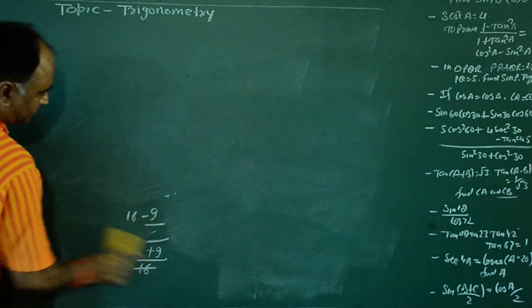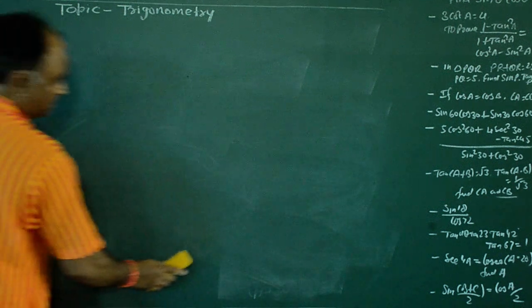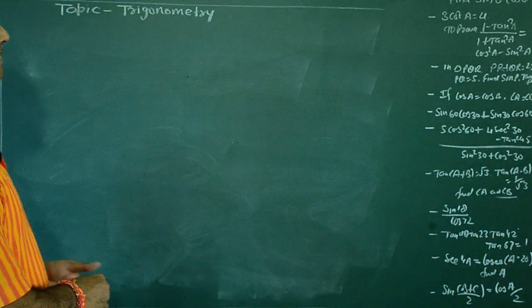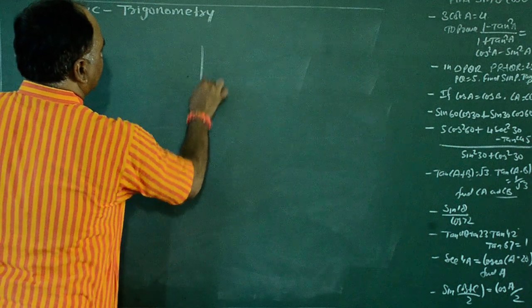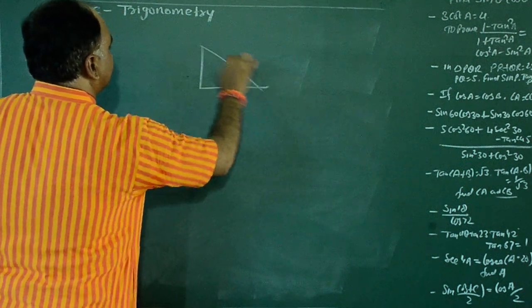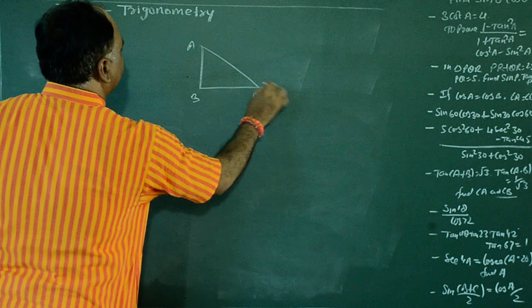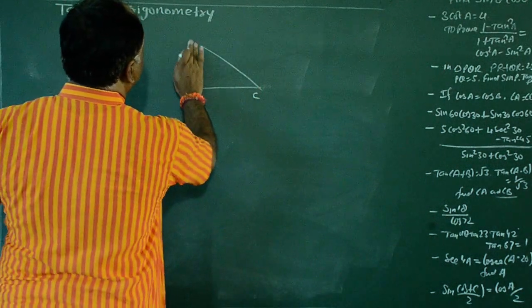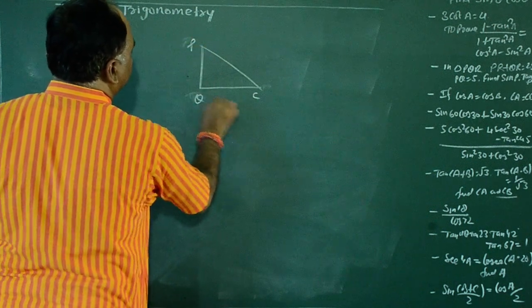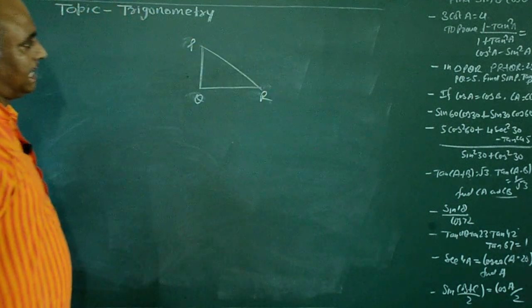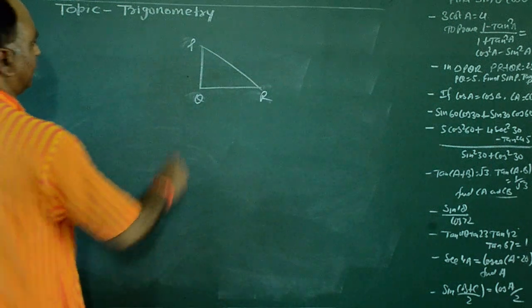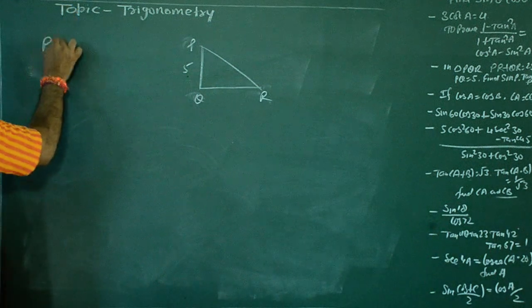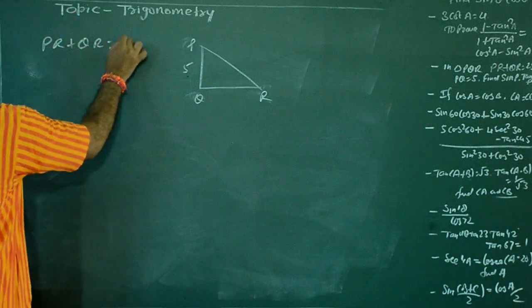my dear students, you have to always pay your whole attention. If you have the values of two sides of a triangle, then you can find the value of the third side. In this question, the triangle is given as PQR, so you have to put the values on PQR. Now you have PQ equal to 5, then PR plus QR equal to